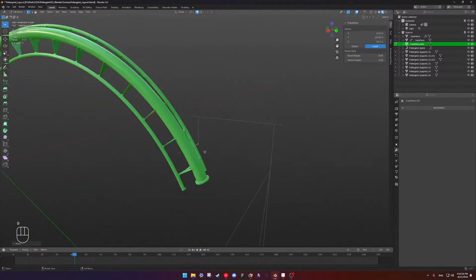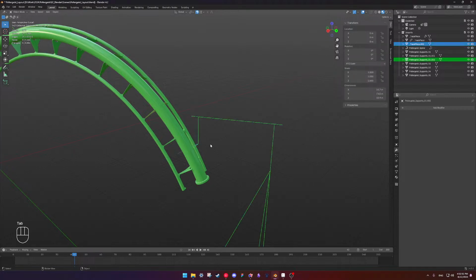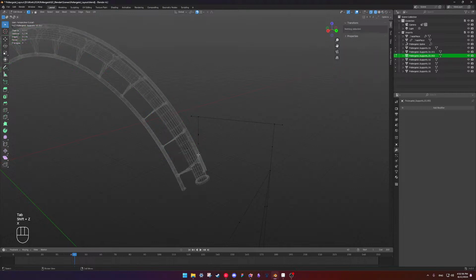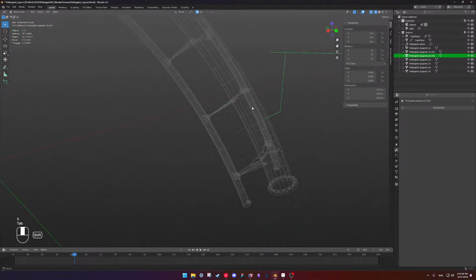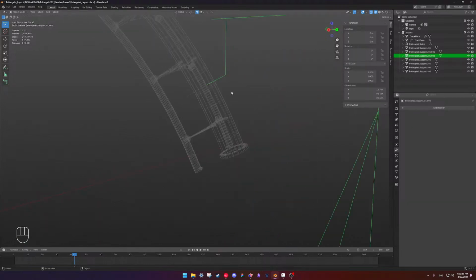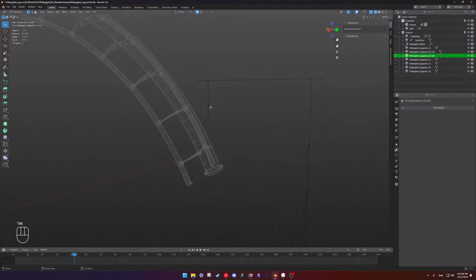That there. Join. Delete that. Eight minutes left. Okay, that was a lot of nothing that I did for like 20 minutes. Right, at least it felt that way.